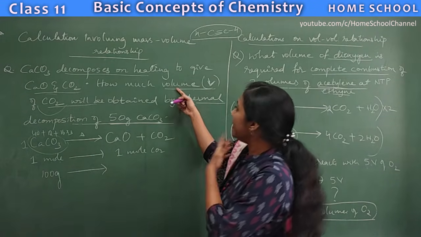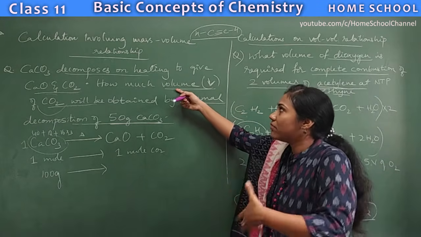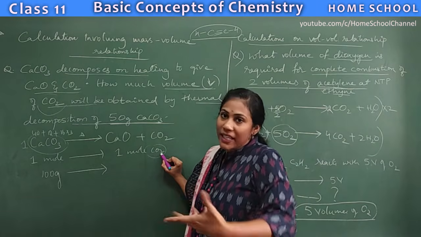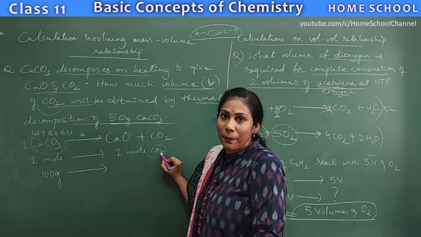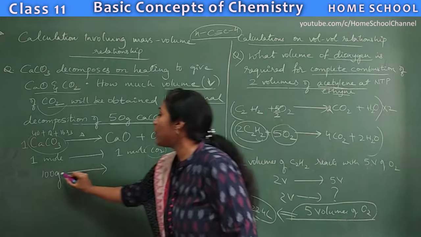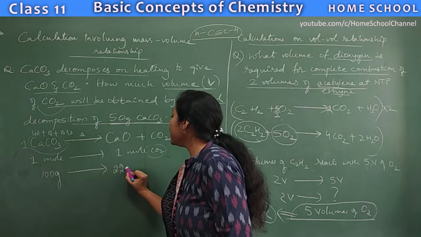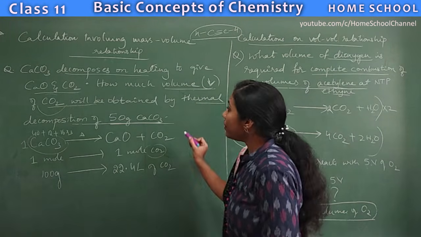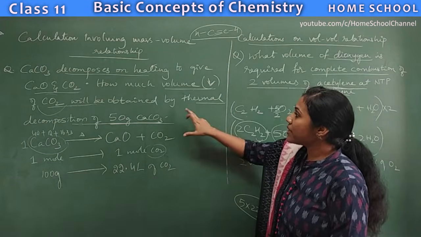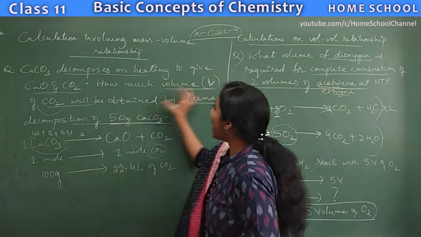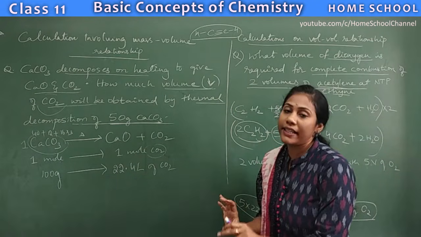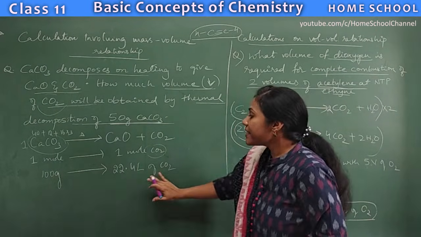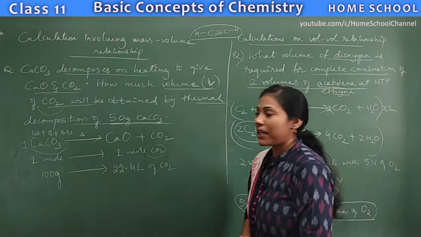See, carbon dioxide, write it in volume because they asked liters of carbon dioxide, right? So 1 mole of carbon dioxide, when you write it in liters, 1 mole can occupy 22.4 liters, no? So 100 grams is giving 22.4 liters of carbon dioxide. Okay, so now you check the question. You see, 50 grams if undergoes, how many liters of carbon dioxide you will get? That's what they asked, you know. We know from the equation 100 grams is giving 22.4 liters of carbon dioxide.